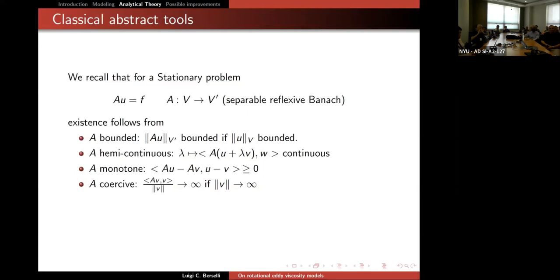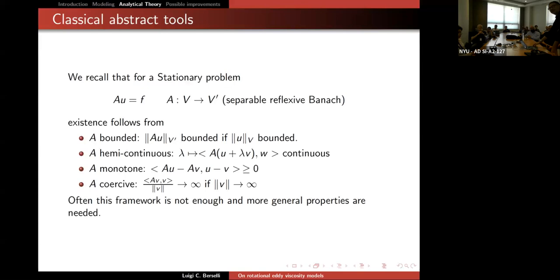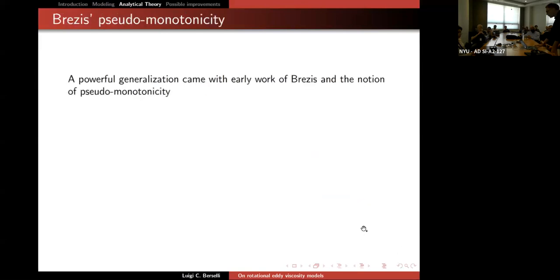Okay, just to give you the flavor of the techniques, the standard result from the 60s is that for the static problem, if you have an operator which is bounded, semi-continuous, monotone, coercive, then you have existence. So this is the theory of Lions, Minty and Browder. This is something from the 60s, and this works for the steady problem. Then